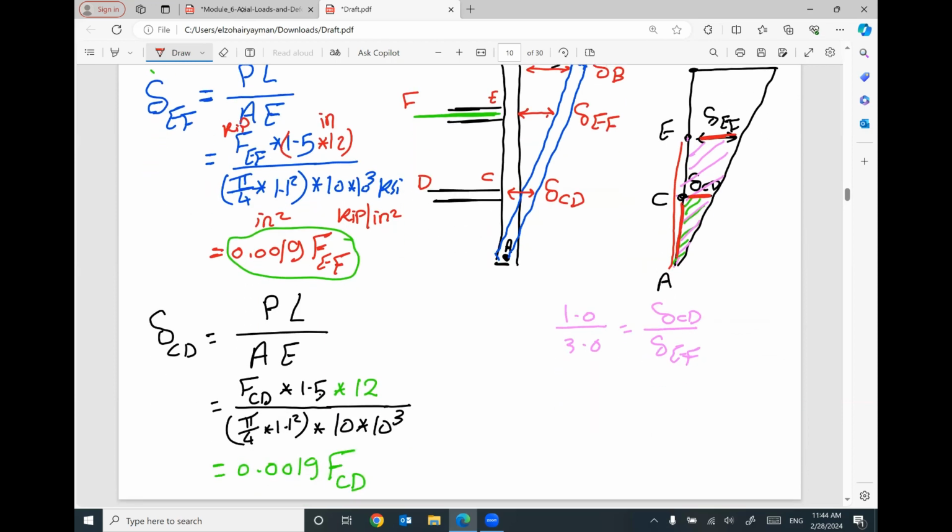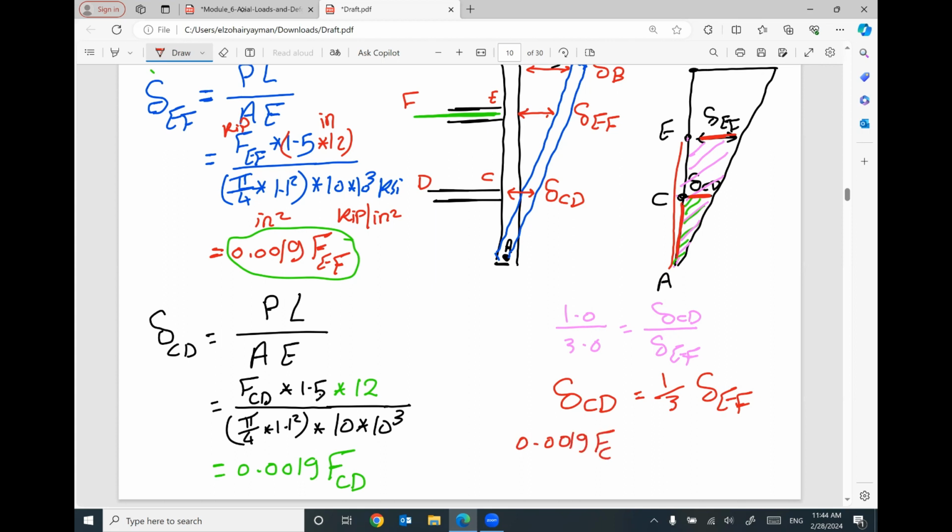So I can say delta CD will equal 1/3 delta EF. And that makes sense. Delta CD will be 1/3 of delta EF. Go ahead and remove the value of delta CD. Delta CD equal